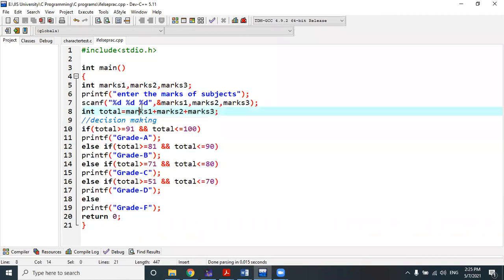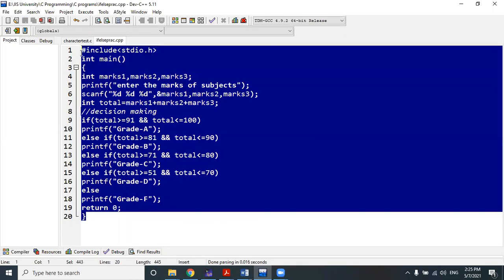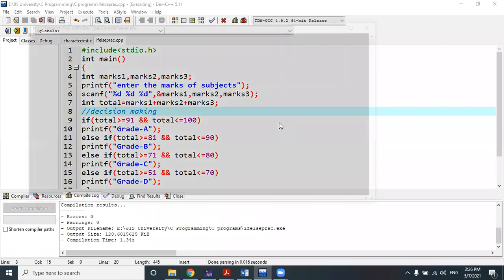This is the way of how we can print a mark sheet for a single student. When we learn the logic of how to implement looping, while loop, for loop, do while loop in C programming, or how to apply array in C programming, then we can build the same program for any number of students in your class. That means for 100 students, 800 students, 900 students, any number of students' mark sheets we can generate within a few seconds. Here only one student's mark sheet we can generate in such a way.